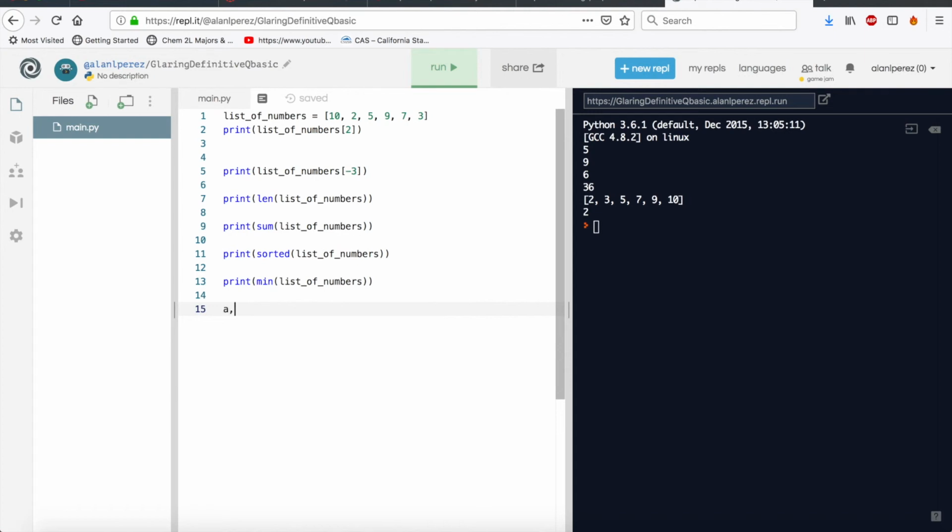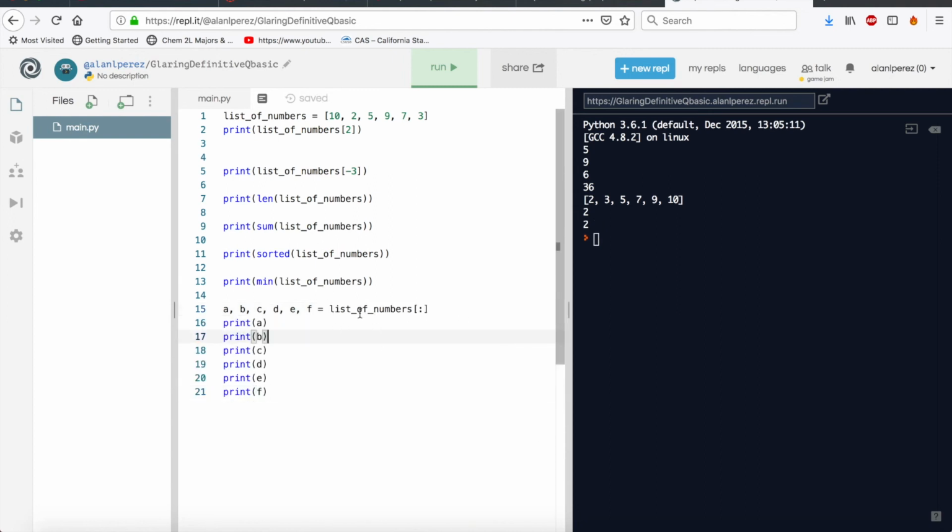And then another thing we could do is called sequential unpacking. So this is where you put every number in the list into a variable. So since there's 1, 2, 3, 4, 5, 6 numbers in the list, you can put those into variables, which is A, B, C, D, E, and F. And then it would equal